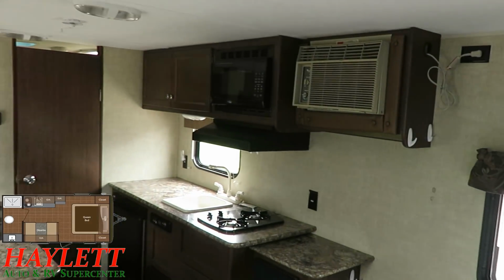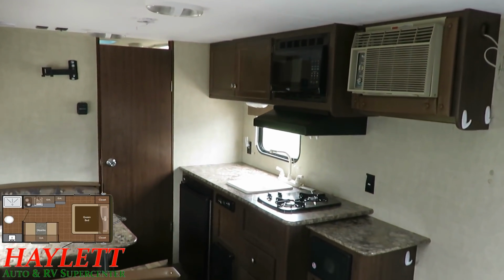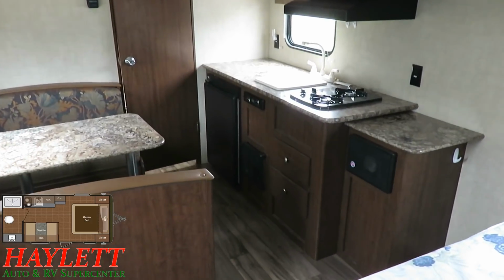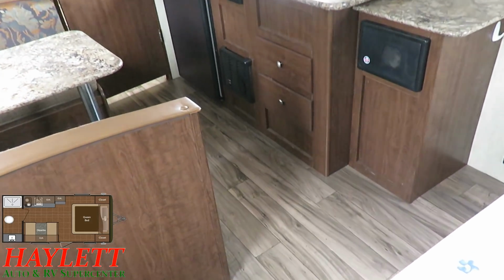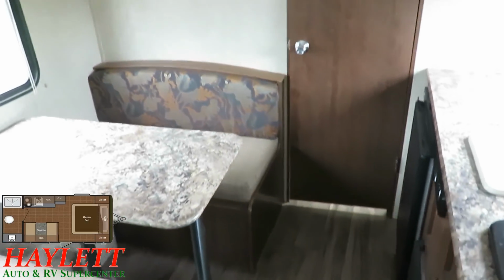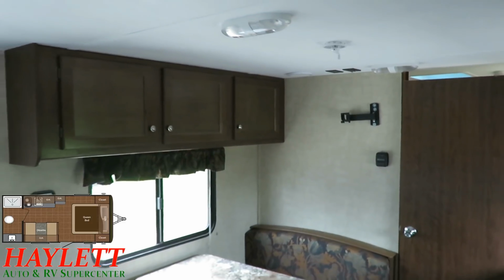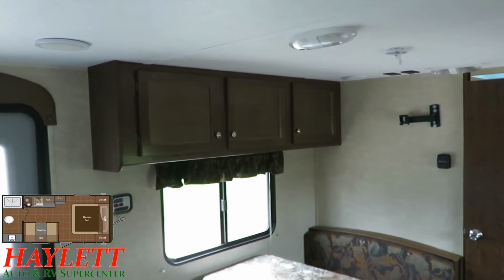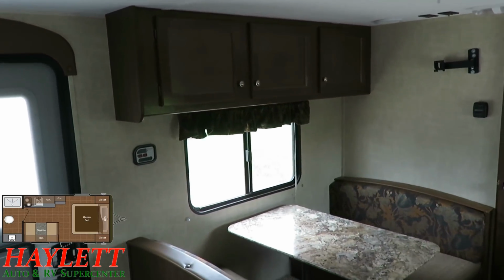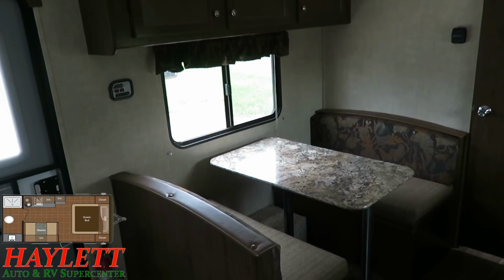We will come back to the kitchen area. I just wanted to give you a nice little panoramic view of everything before we dive into the TV booth entertainment center. Also to point out the fact that this is completely carpetless, and this will be very easy to keep clean. The previous owners added the TV bracket that you see right there. Originally this RV would have had no TV bracket, so the folks put that in, but they were kind enough to leave it there and not to remove it, so you're not going to look at exposed screw holes